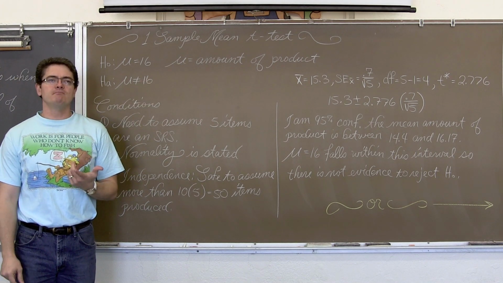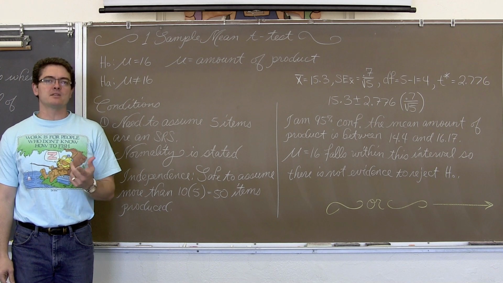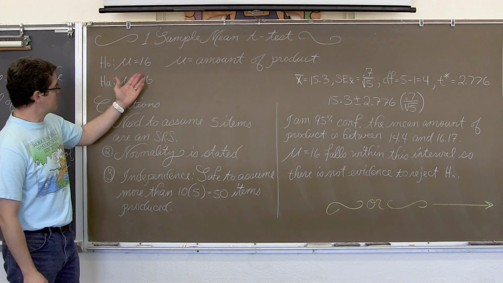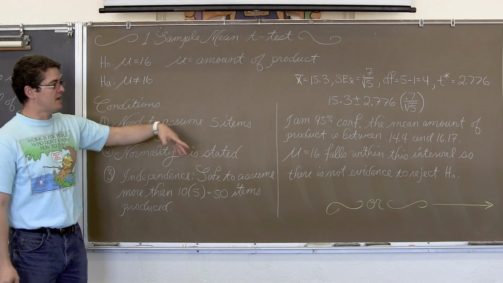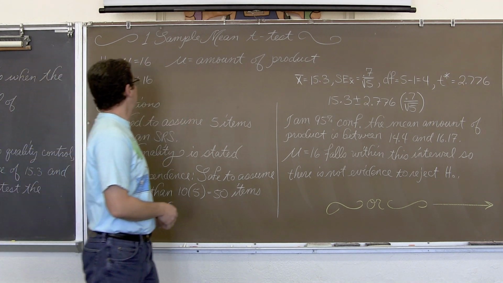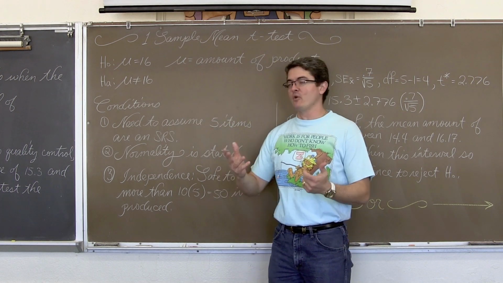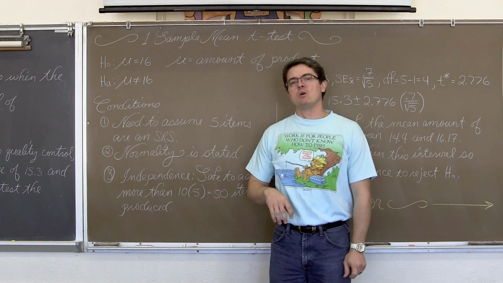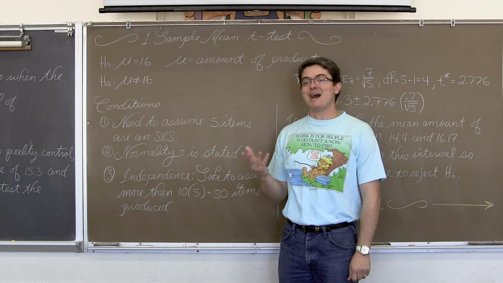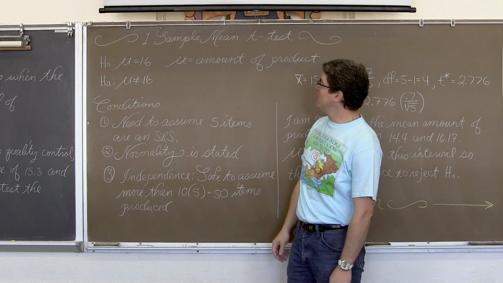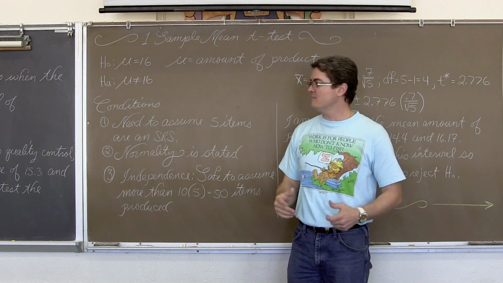You should always get in the practice. At this point, you need to get in the practice of stating what kind of test you're about to do, and then state your hypothesis, do your checks, and move on. So we have the company trying to make a product with 16 ounces of whatever in it, and as quality control, we're looking for if it's not 16 ounces, and we have the variable defined. Mu is equal to the amount of product in the items.